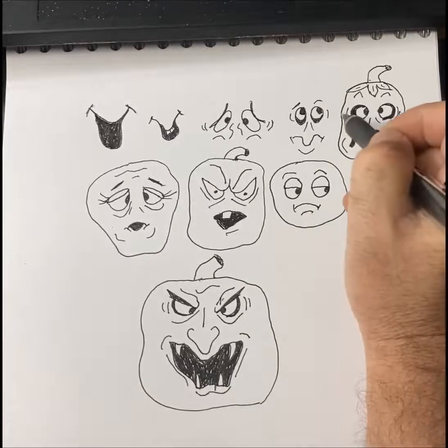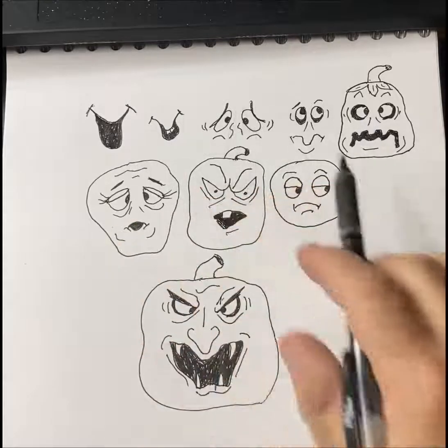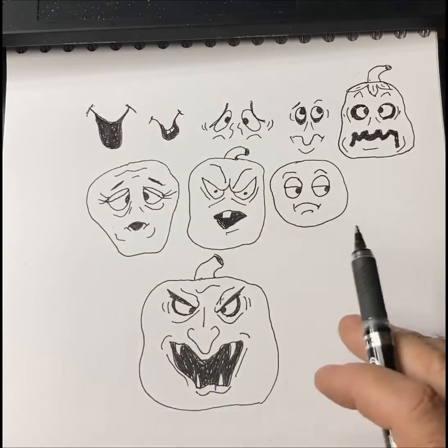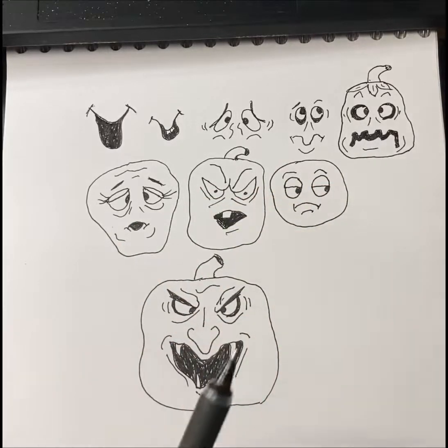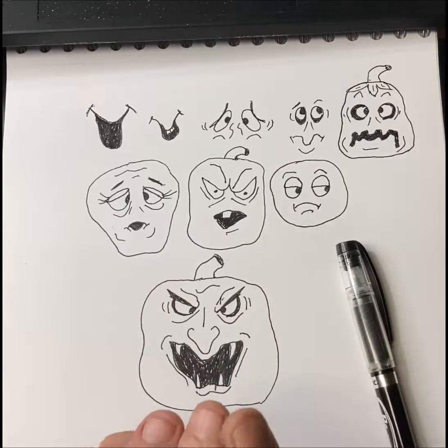And just look what happens when you make these guys pumpkins. So I'm hoping I'm giving you ideas here at how many different faces you can come up with and the things you can do. Before you go to the wood, get a pen and paper out, practice some characters, and then draw them on the wood